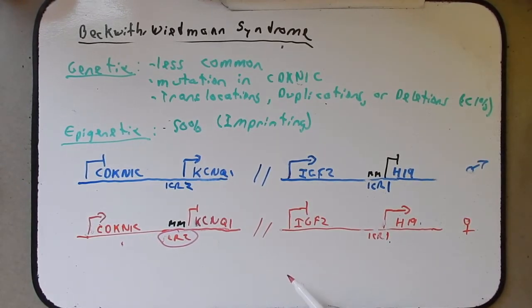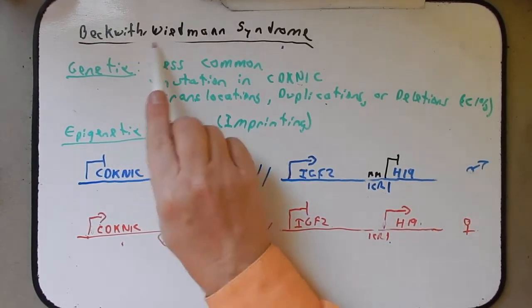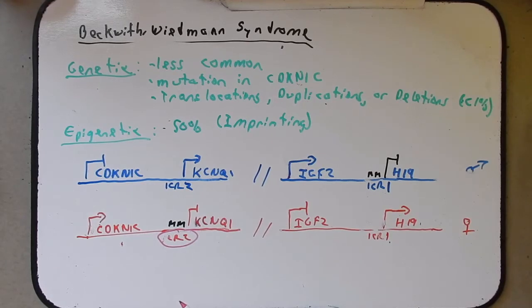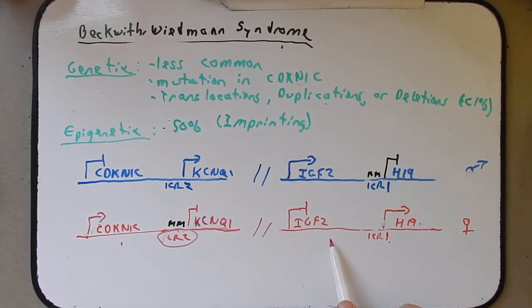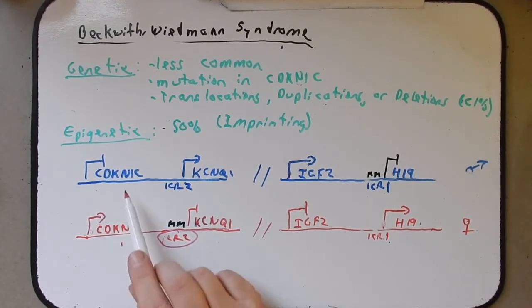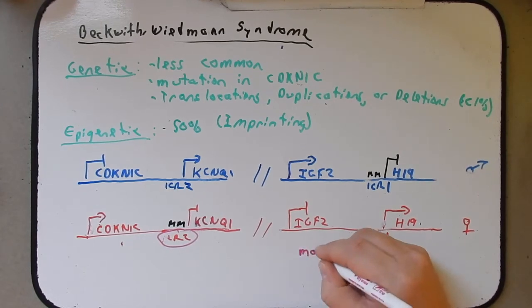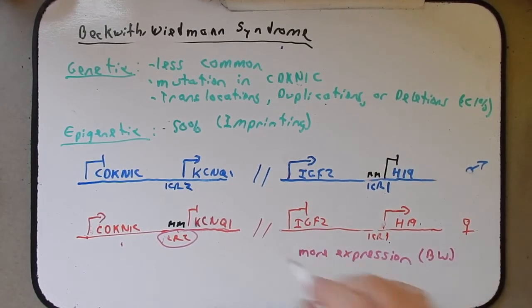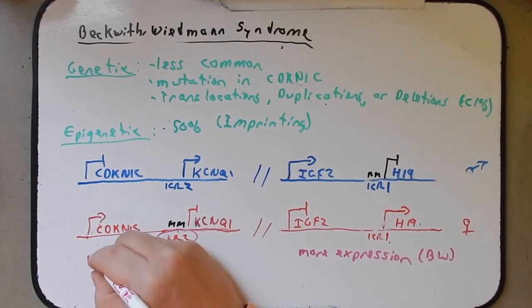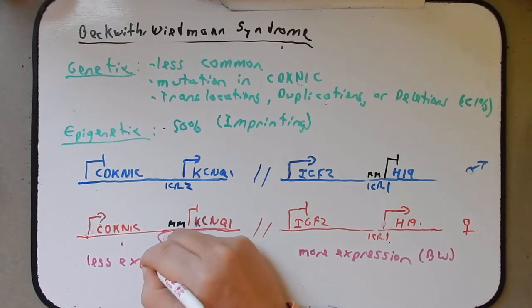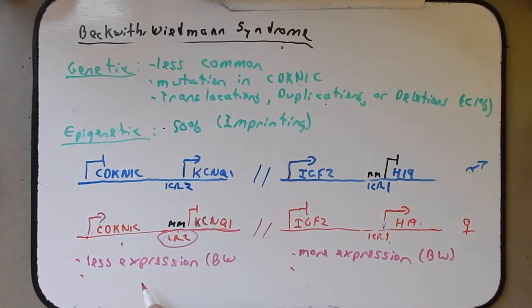So in thinking about how these two genes and their methylation pattern could lead to this syndrome, which is characterized by increased growth and tumor formation, we would predict that we would see more expression of IGF2 and less expression of CDKN1C. So more expression, and that's the case with the Beckwith-Wiedemann syndrome. And for Beckwith-Wiedemann syndrome, we would expect less expression. To get less expression, what happens is we have loss of